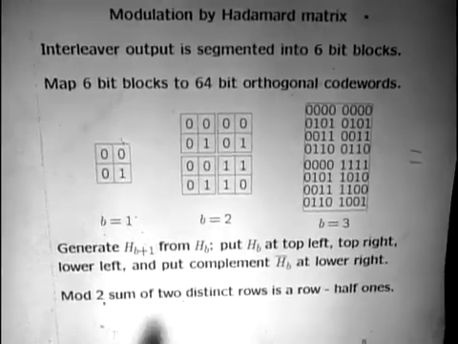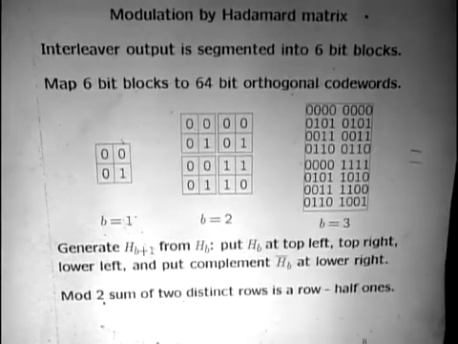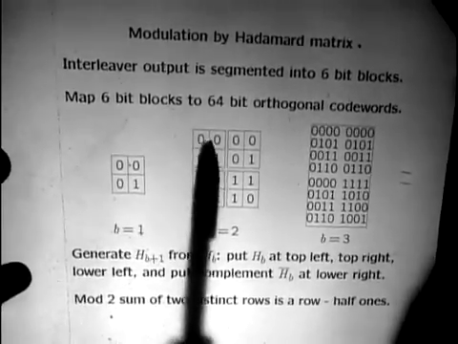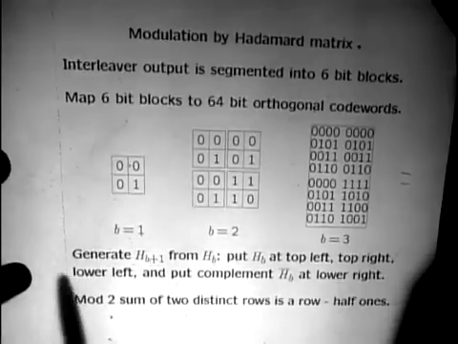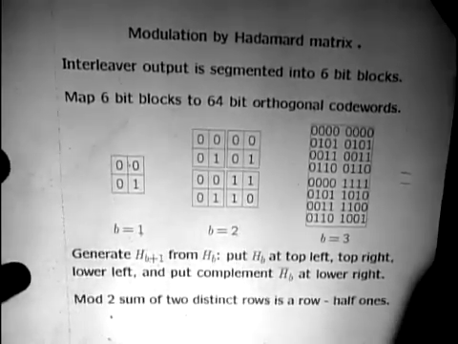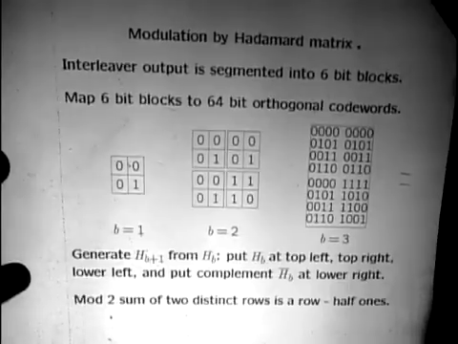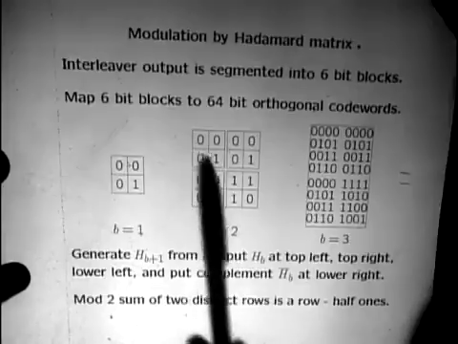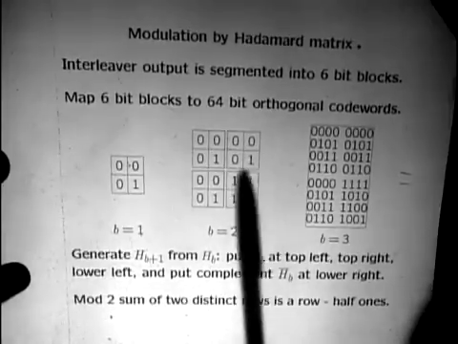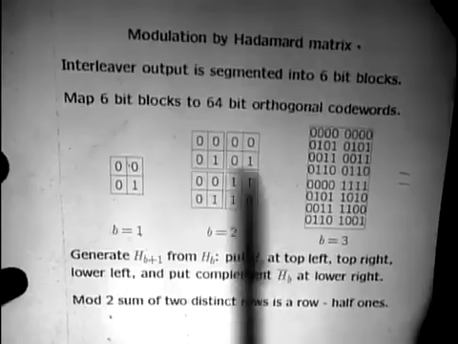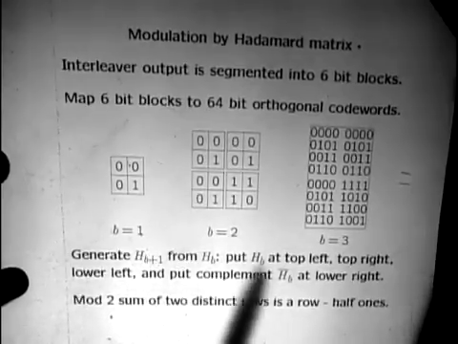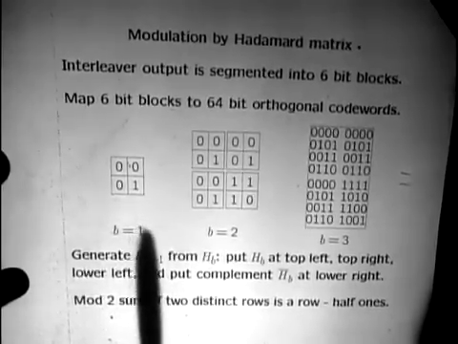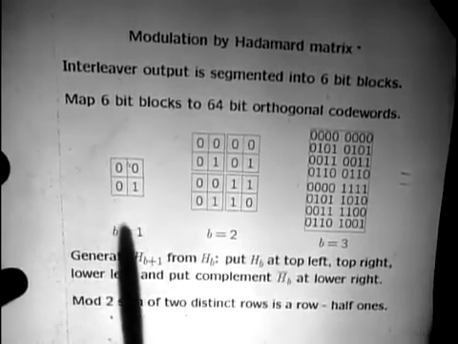And for orthogonal codes, the block length of the code and the number of code words is going to be the same. So the thing you do is you take this matrix, you put it there, you put it there, and you put it there, and then you complement the matrix and you put it there. Okay, why does that work? Well, if we just look at this part of it, this was an orthogonal code, this was an orthogonal code. In other words, each of these had half ones and half zeros. Each of them differ from each of the others in half the positions,